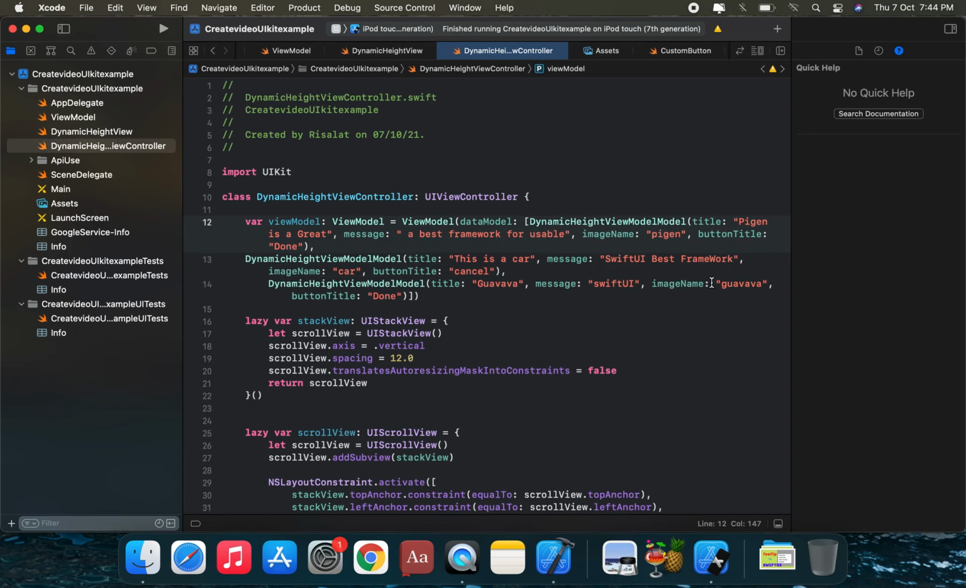And the last title. Suppose we can apply on this last title. SwiftUI is a great framework